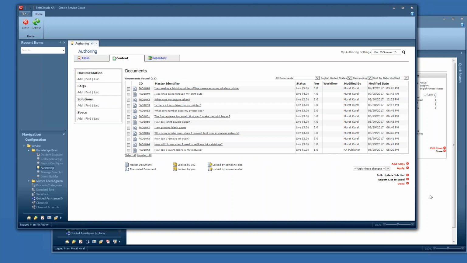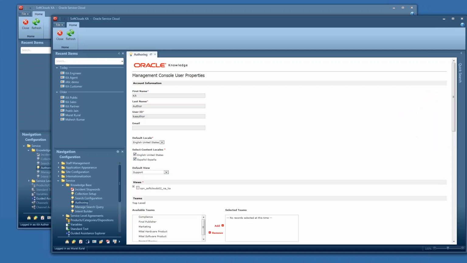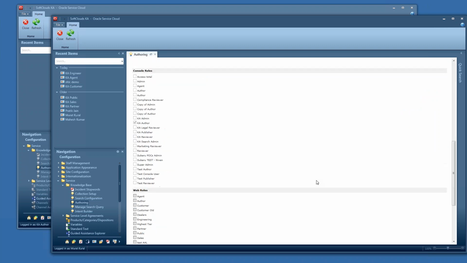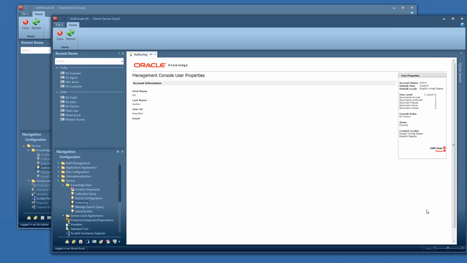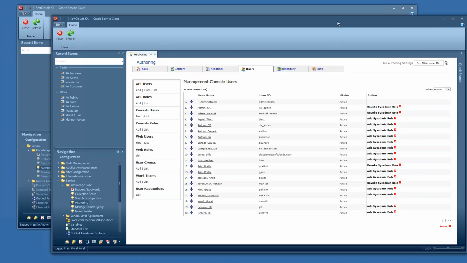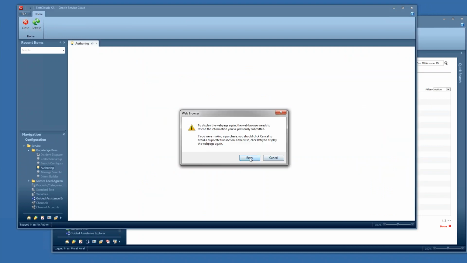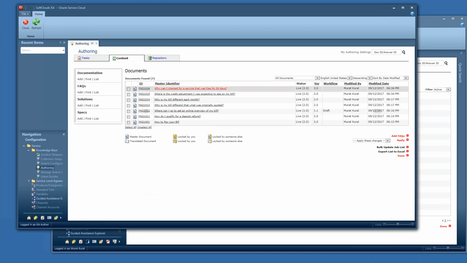Now, what I'm going to do is change the view of KA author into finance. And this will allow the same user to see finance content as opposed to support content. Now, I don't see any printer content in here. All I see are things that have to do with paying your bill. Why is my bill different each month? Why am I being charged for a service, etc. These are documents that are associated with the